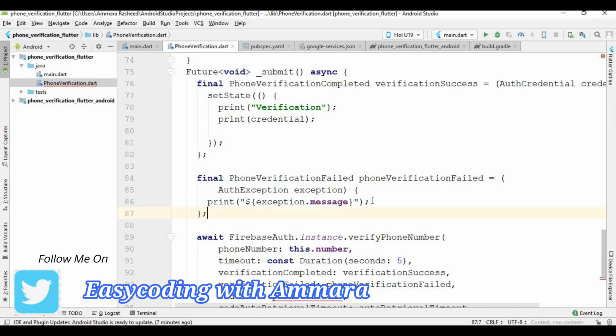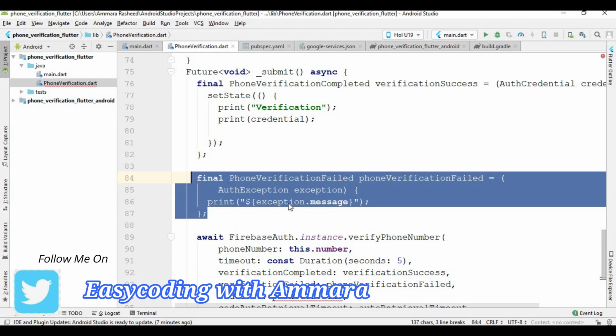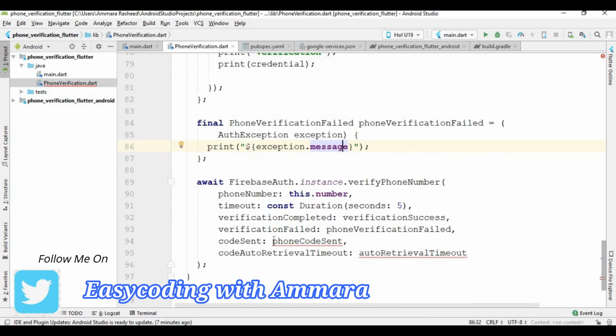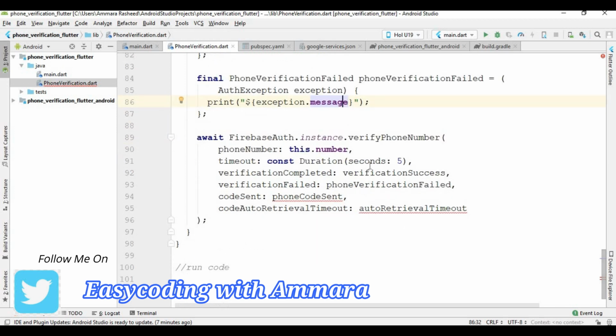So here I simply print the message if there is any error. So that's why this function runs. If there is any error then this function runs and shows this message. And after that, in this code sent, this function runs when the code is sent. So if the code is sent then I am going to create a dialog box. So I create that function here,